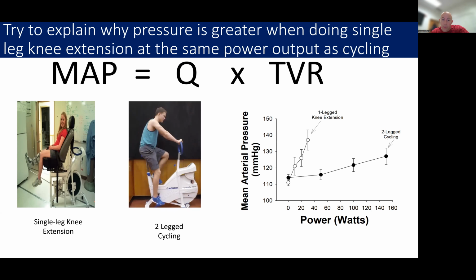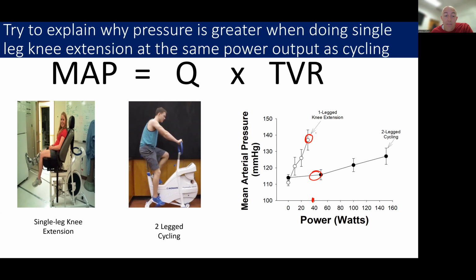Now, look at the blood pressure response at, let's say, 40 watts, right about here. On a bike, it's very low blood pressure. But doing that same kind of exercise on a knee extension ergometer with one leg doing the exercise, the blood pressure response is much higher. Same power output, same amount of ATP consumption, but the blood pressure response is much, much higher